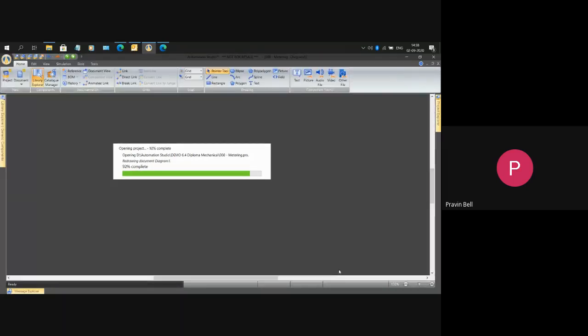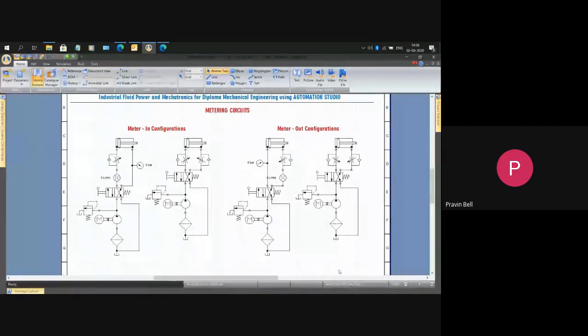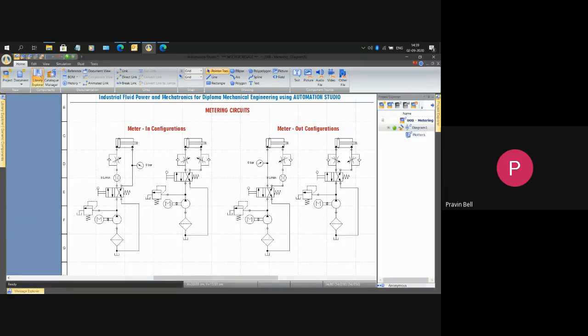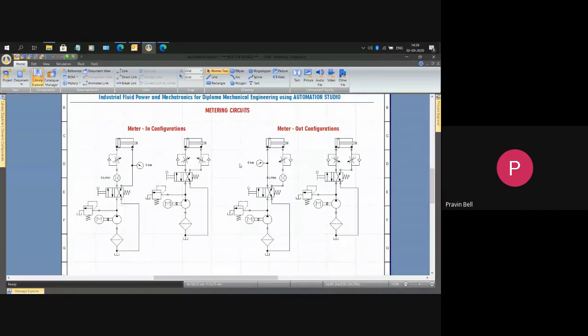And in the laboratory, on a hardware trainer kit, it is very difficult to actually measure the piston extraction times, because the pistons are moving so fast. So for a particular setting, you really cannot exactly get the piston extraction time. In Automation Studio, you can do this very well because it's simulation software. You can plot these properties, and you can measure the piston extraction times.